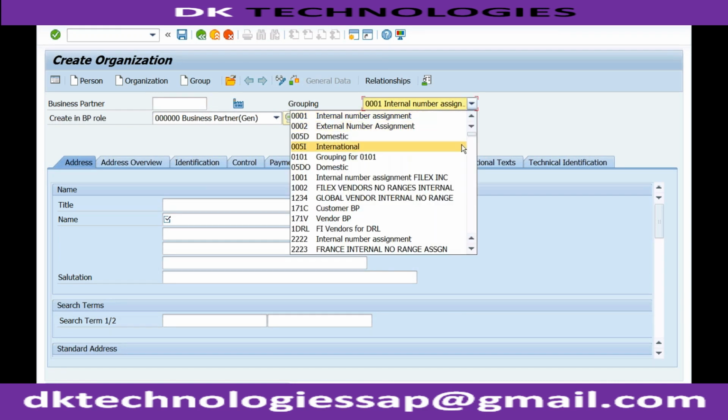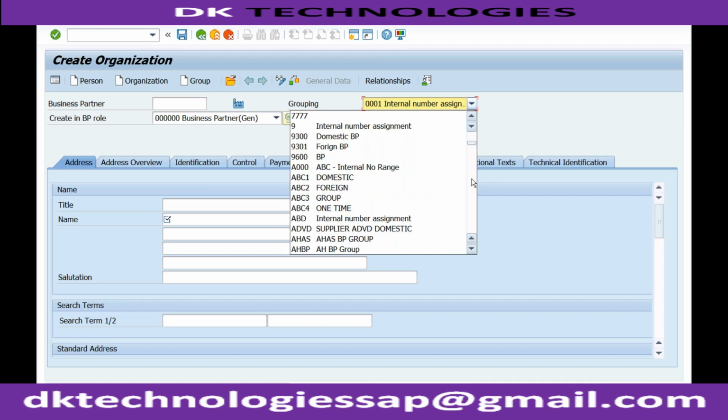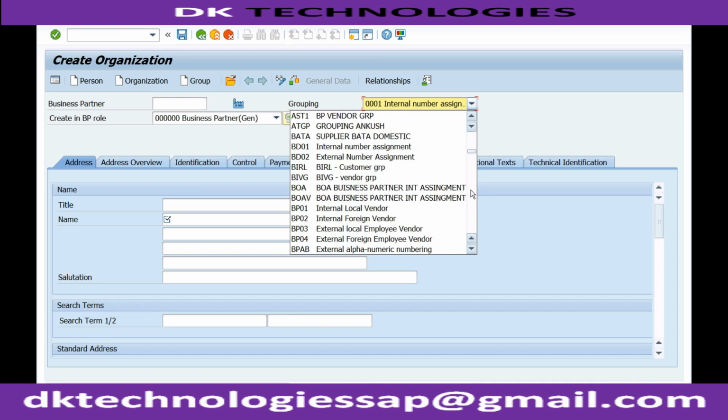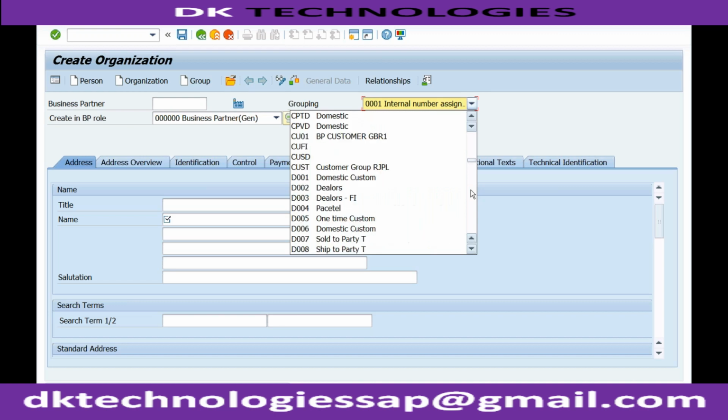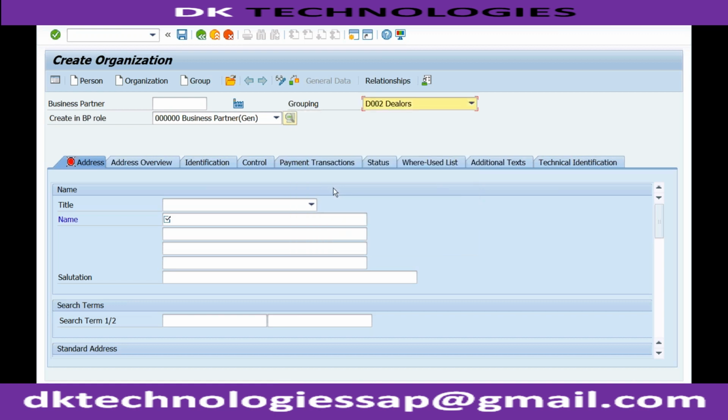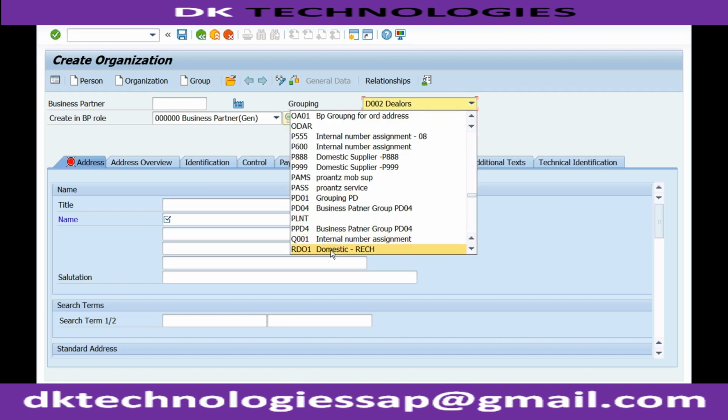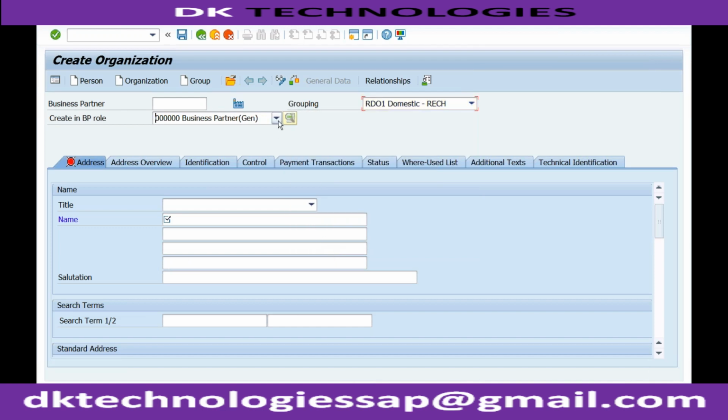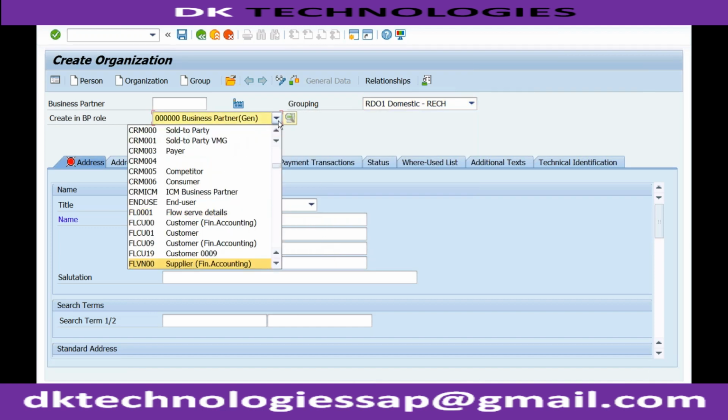Let's try to create a vendor with our groupings now, with the business partner groupings that we created. Starting with RDO something, let's go to RDO1. And if I do the same thing, FLVN00,